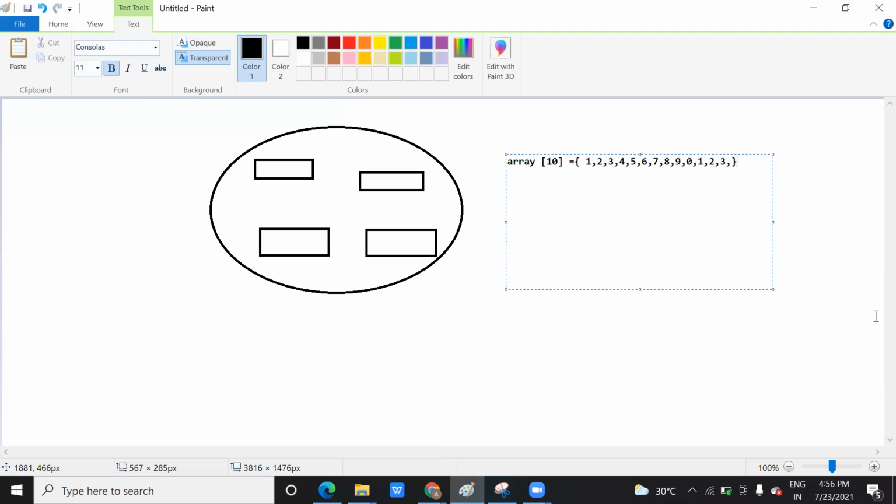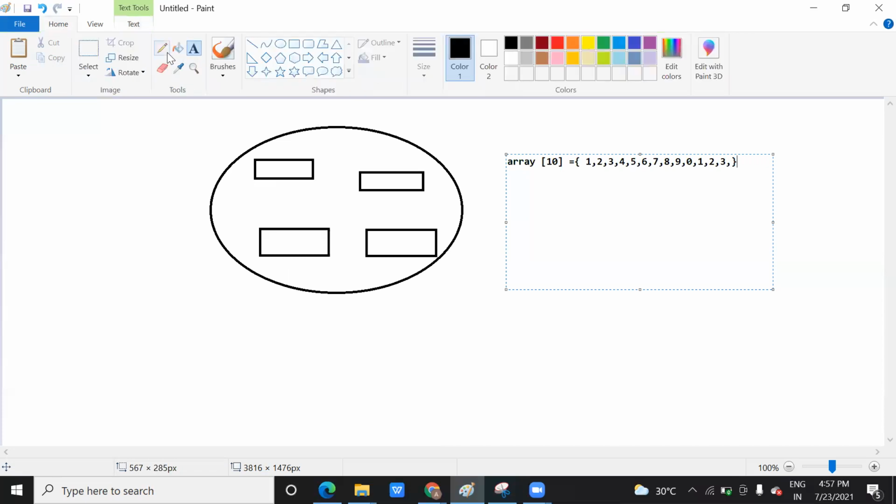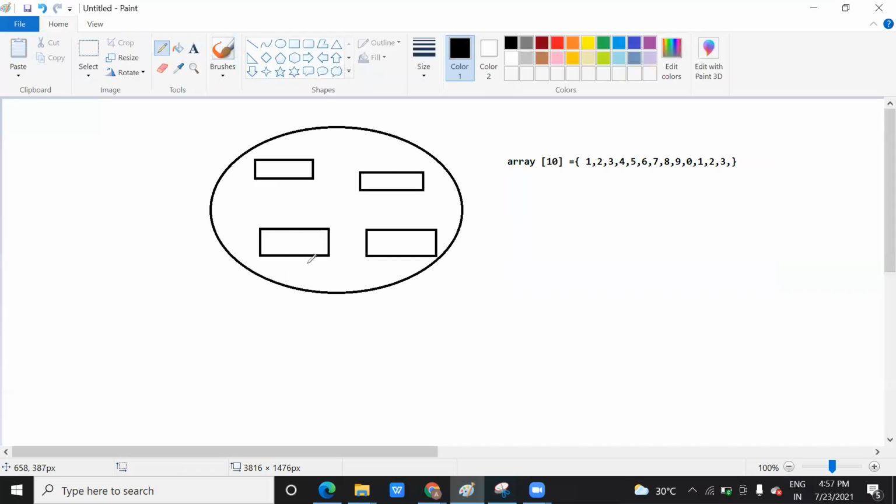So what the inventors thought is, instead of saving in a sequence, why not save in a random space? And once we save in a random space, with the help of a linked list we can access it. For example, here your data is in the form of a node. They will be saved in memory. Memory in the sense of what? RAM. So suppose this is your 1, this is your 5, this is your 2, this is your 3, like that.